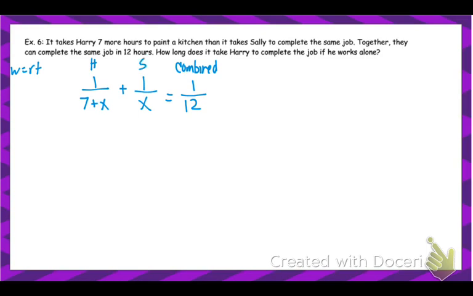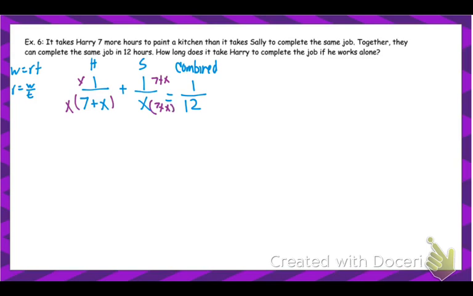So again, what we're setting up here, that rate is the amount of work they do over the time it takes to do it. We don't know what those rates are yet, but we know that combined, those rates will be that 1 over 12, because they can do one kitchen in 12 hours. At this point, again, it's a basic rational function. So I'd multiply the left fraction by x, the right fraction by 7 plus x,